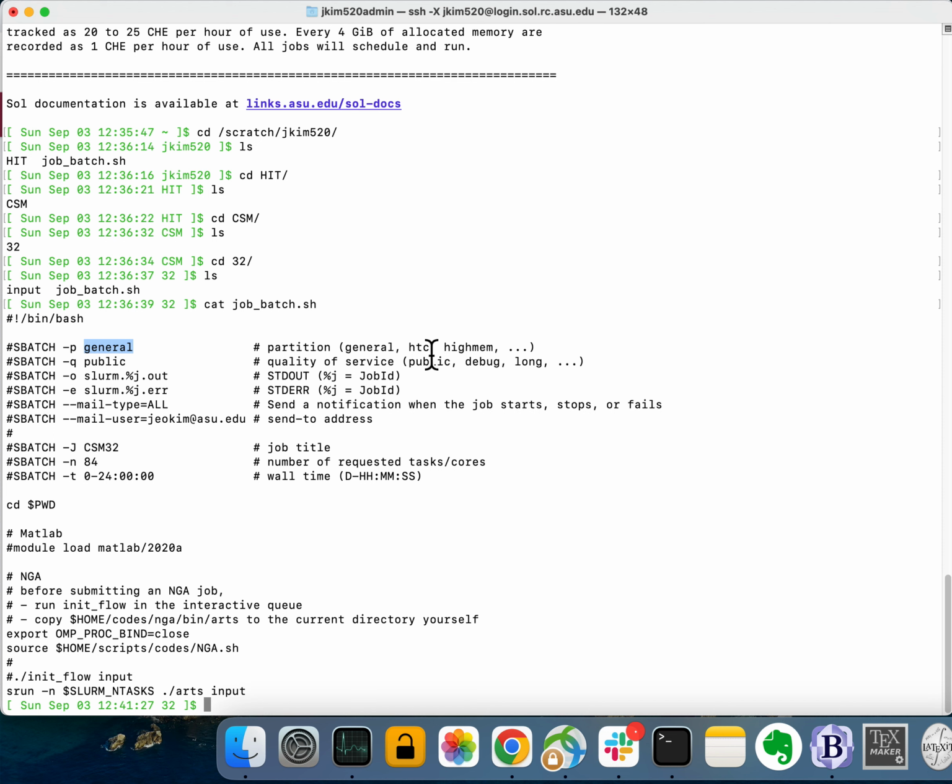But if you want your simulation to run faster, then you want to choose the HTC, but you only have 4 hours of runtime. HiMem means that if you want to use a lot of memory, then this is the partition you need to choose. And Q is actually not the Q,